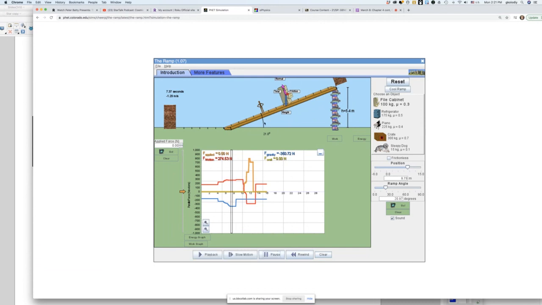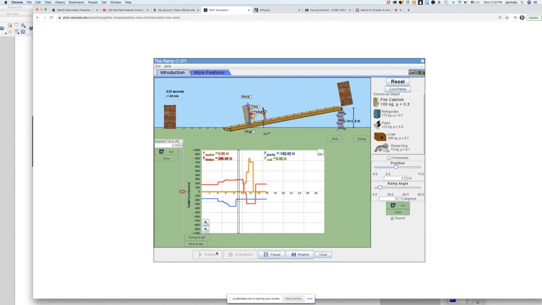And you notice right now at 21 degrees, it started sliding. I stopped it here. I'm going to let it go a little bit more. It started sliding and more or less at constant speed, as you can see. Constant speed. Obviously slowing down. So as the angle was 21 degrees,